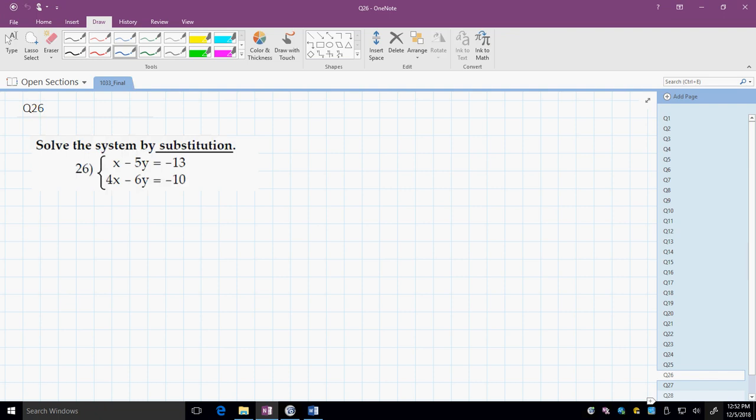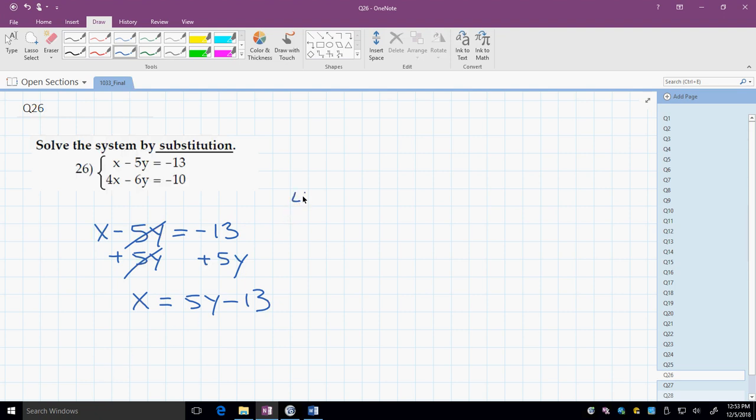Solve the system by substitution. Maybe this one is the one that you were talking about before. There's a different way to do it. By substitution, I'm gonna take the top one because the x is already by himself. Middle doesn't have a coefficient. So I'm gonna add 5y in both sides of the equal sign. Cancel. I have x equals 5y minus 13, and I'm going to substitute the x in the second